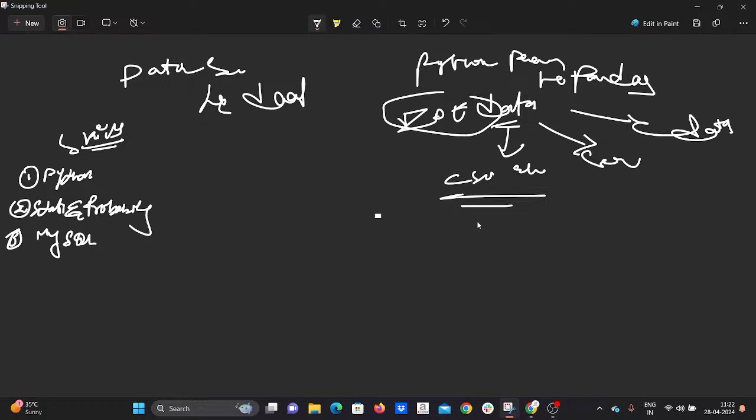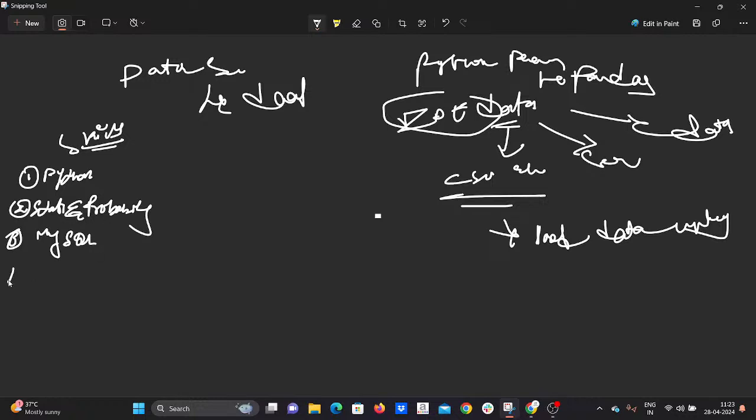So the main thing of SQL is we need to load data from SQL using Python. This is the main thing. For that purpose, we start learning SQL. So we need to know how the tables are created, how the database is created, how the values are inserted, how the CUD operations work on SQL, related to the topics which are present in SQL. Everything will be covered in this SQL.